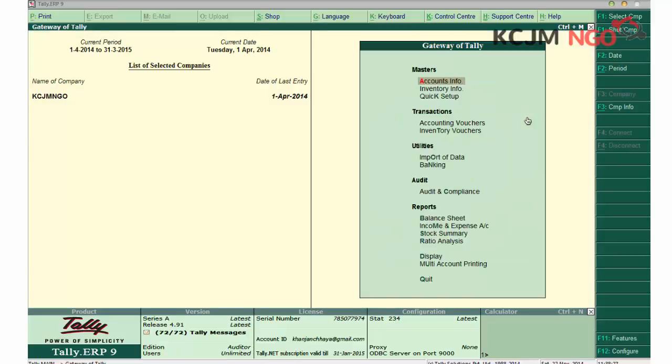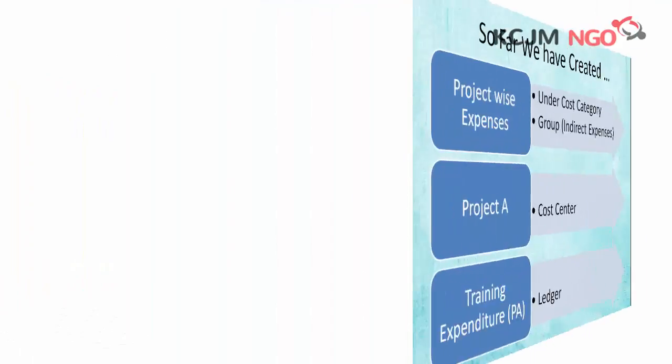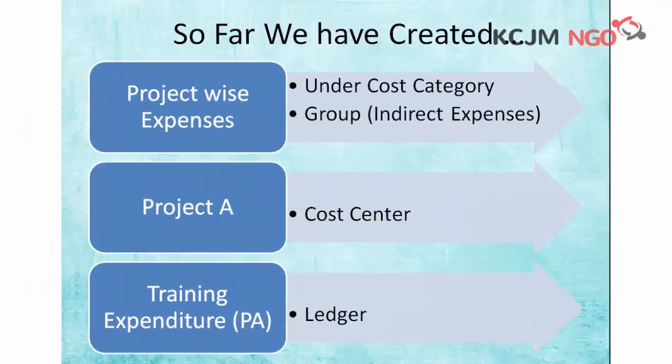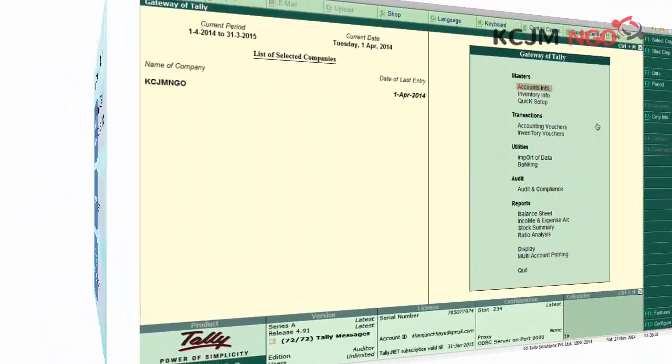Now let's see how far we have created. So far we have created project wise expenses under cost category and indirect expenses, project A, B and C as cost centers, and budget heads like training expenditure and so on